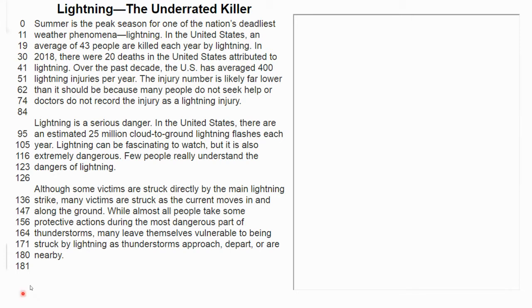So what I'm going to show you here is that off to the left of the screen, I'm going to be underlining the things that I think are important. And then on the right side of the screen in this box, I am going to be showing you what I would be typing in for notes. You're going to notice that a lot of the things are going to be similar,